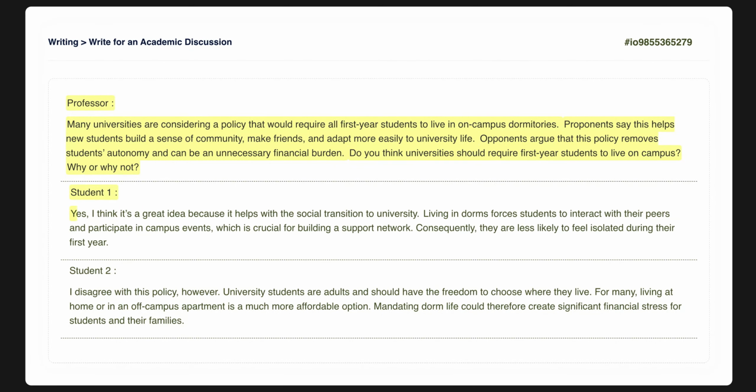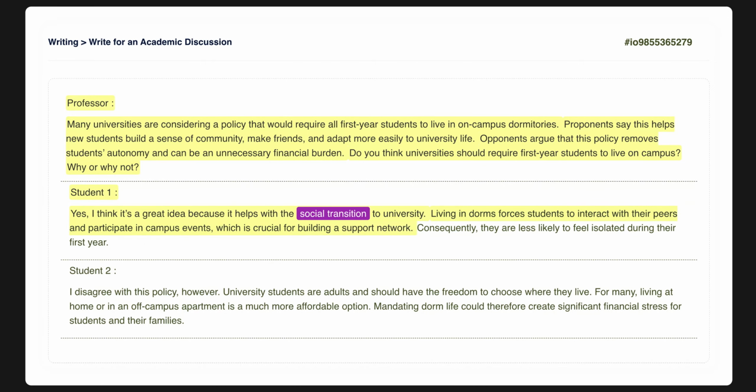Student 1. Yes, I think it's a great idea because it helps with the social transition to university. Student 1 takes a clear pro-dorm stance. They focus on the social transition, which is a strong point to acknowledge or build upon in your own writing. Living in dorms forces students to interact with their peers and participate in campus events, which is crucial for building